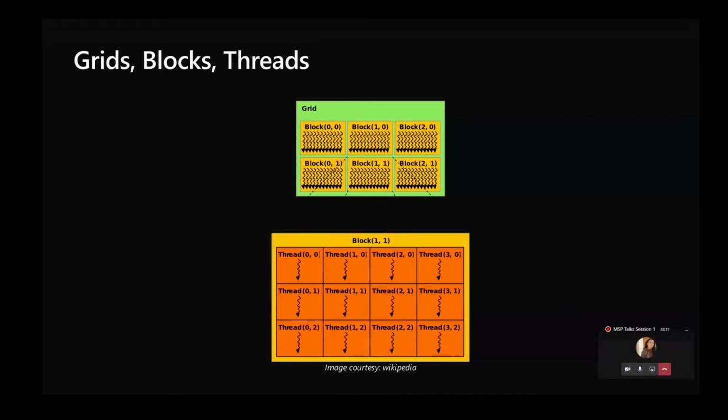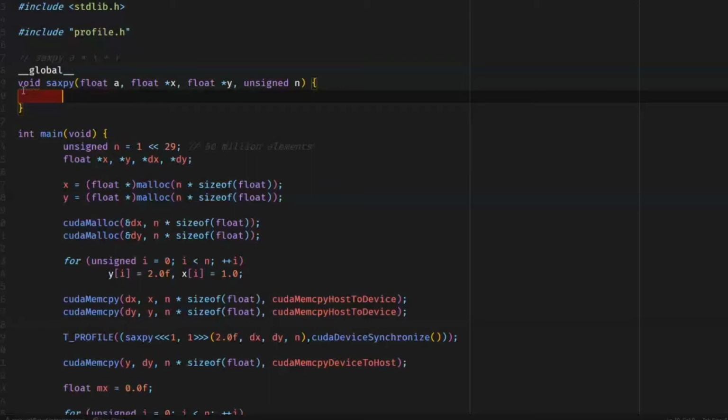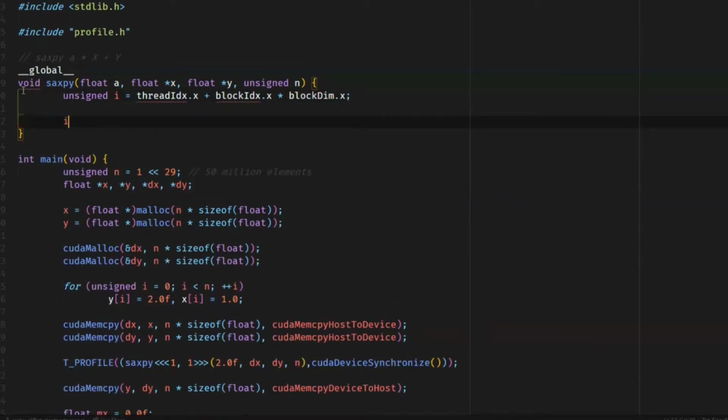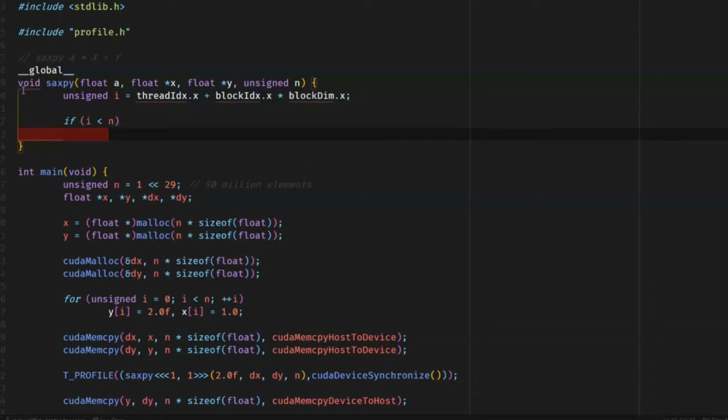Let's say unsigned i equal to, we have thread IDs. We only want to take its x parameter. And now the rationale behind having multi-dimensional IDs is because GPUs are basically used to manipulate 3D models or 2D images, etc. Therefore, we have 3D IDs. So we have thread IDs, then we have block IDs, and how many threads a block contains, which is stored in block dim. Now if it is less than n, then we can perform our exp operation here.